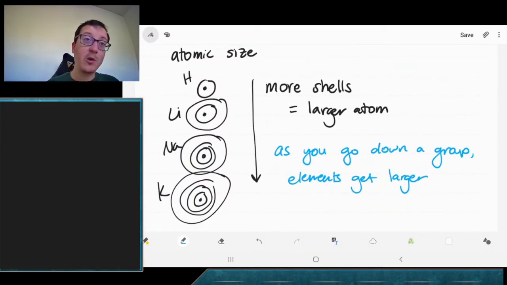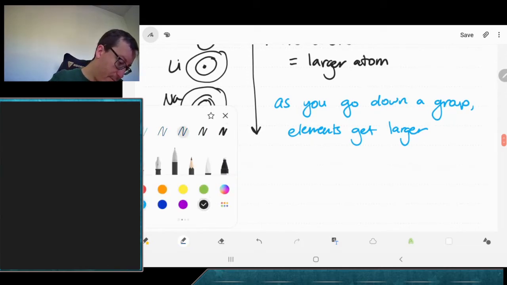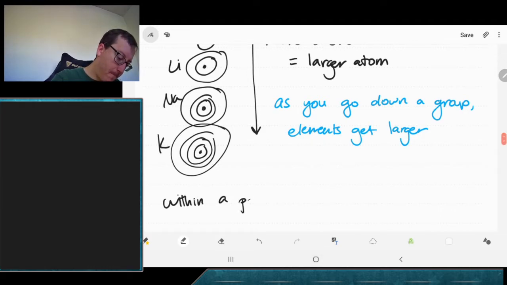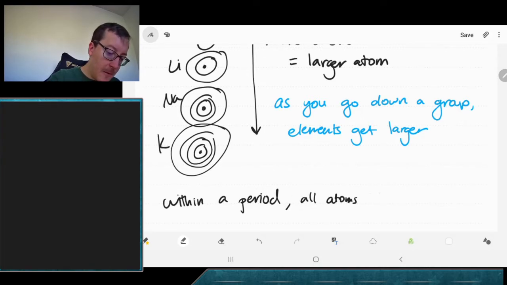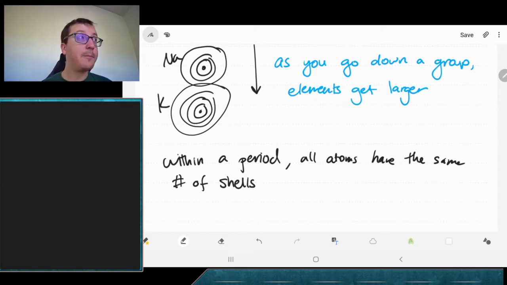So as you're going down a group in the periodic table, your elements will get larger. Hopefully that's the easiest part of this. The biggest thing is shells. The number of shells you have is your biggest indicator of size. Within a period, though, all atoms have the same number of shells, right? But we're going to see